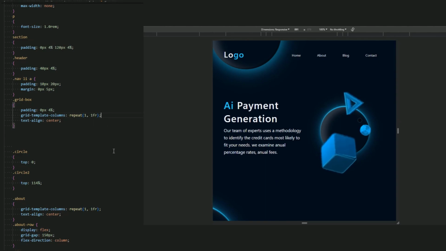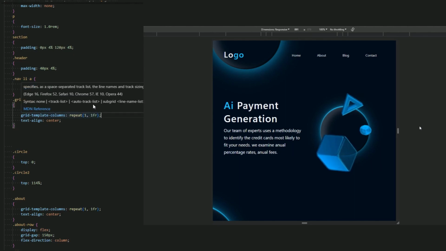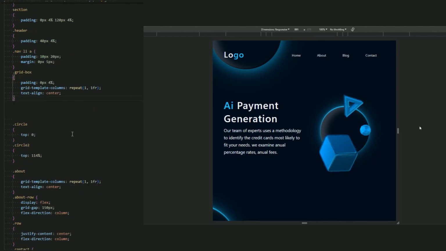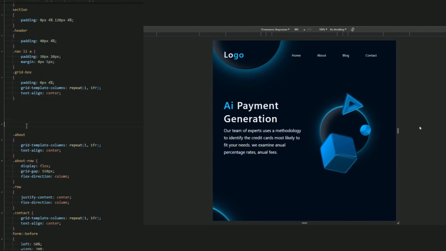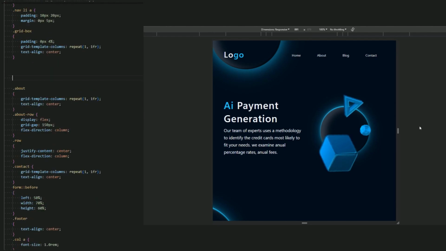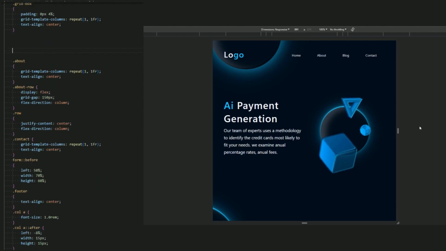Here we have a title, and let me repeat 1 and 1 and 4 to be in the next line instead of in the same line. Okay, and then the text align center. Now we don't have a circle. Okay, cool. Let's see what we have here. Everything is set.